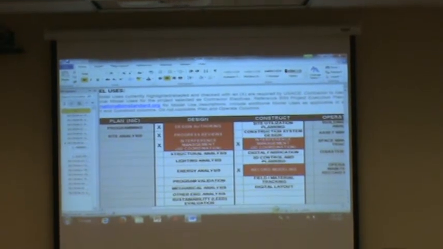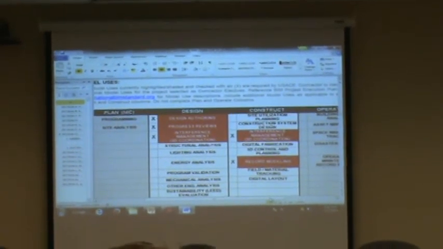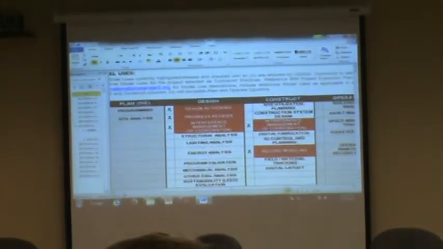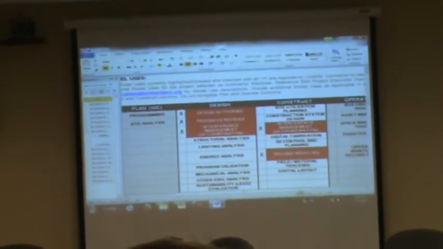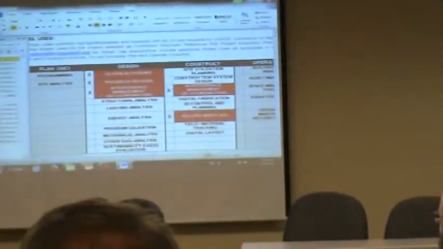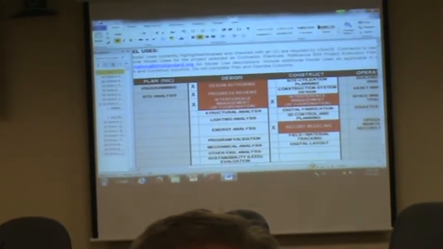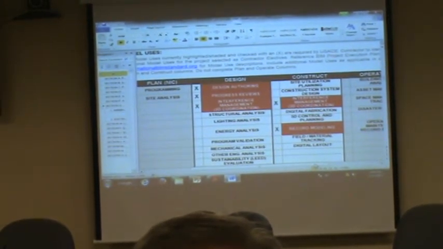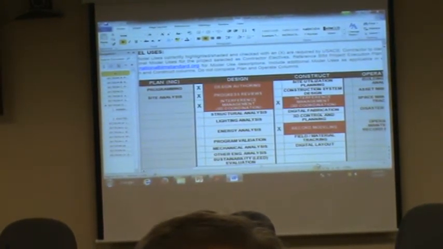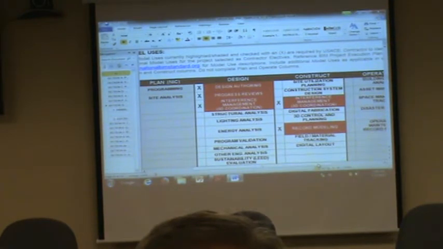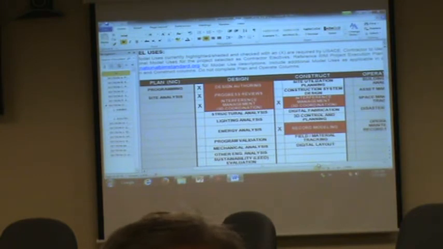Because in the contract language, there's actually a line that says you have to demonstrate this plan in some fashion to the Corps before you start the project. And if they don't like what they see, they will send it back to you and say, do it again, and they'll hold money back. That's in the contract language. Because this, when you submit it, becomes contract language. It becomes something the contracting officer can use over you. So, be careful.